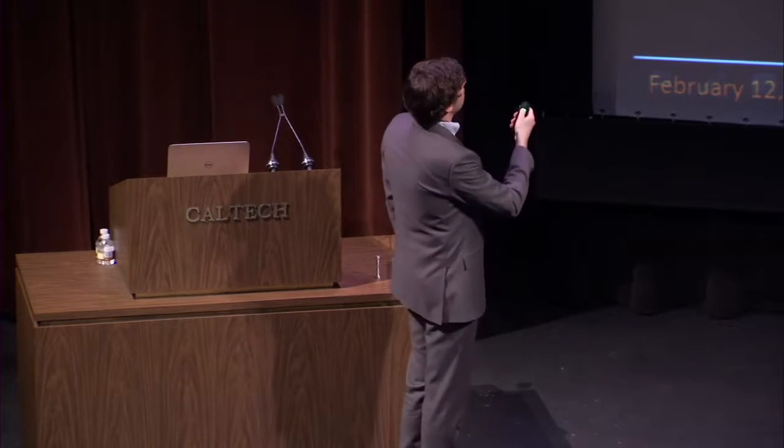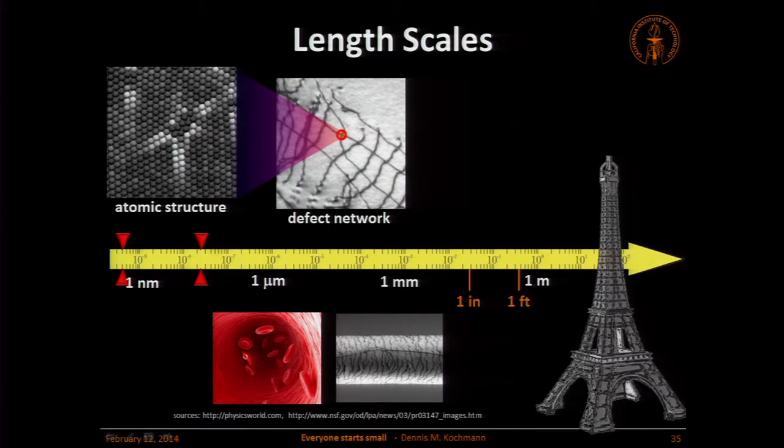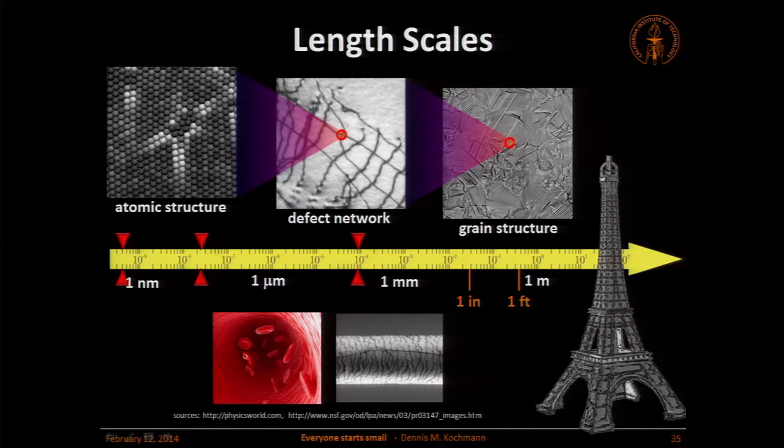Atoms form dislocations, as we've just seen. They form these defects, and these defects are exactly what we saw a couple of minutes ago in the micrograph. These black channels that we saw within the farmlands, these are dislocations. These are planes which are not supposed to be where they are. These dislocations are contained in grains. We saw the grain structure a couple of minutes ago. And these grains, of course, are contained in materials.